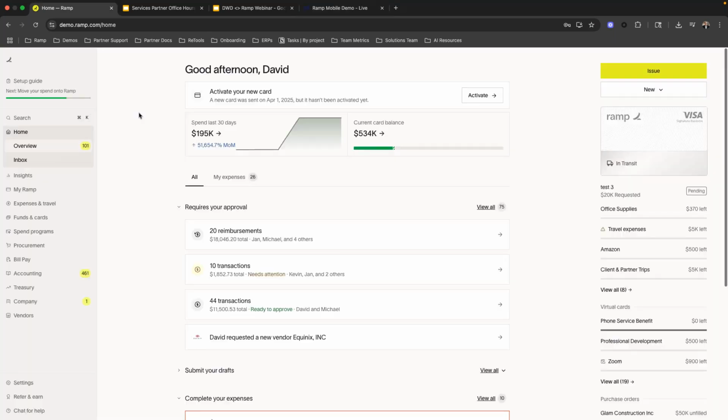our users. All right. So as we open up our Ramp screen, we can see just from our home screen on this left-hand side, we have our navigation tab. So just like many other products out there, right, on the left-hand side, we can see all the different tools and features available to us within Ramp, whether that's our expenses and travel to procurement capabilities, our bill pay, even